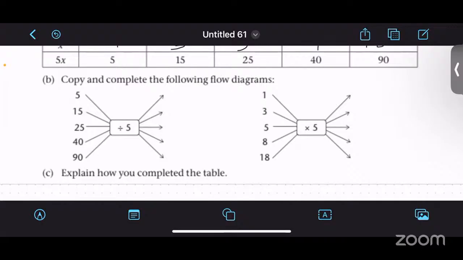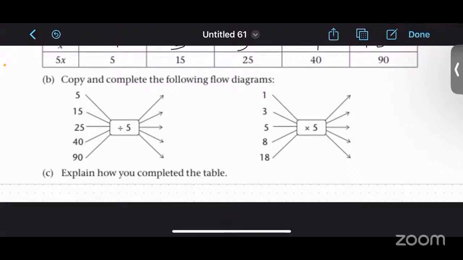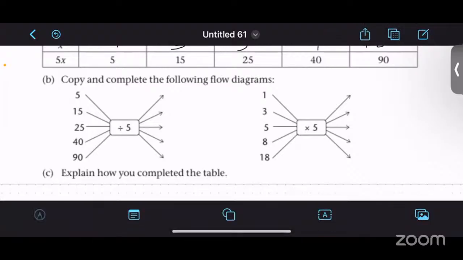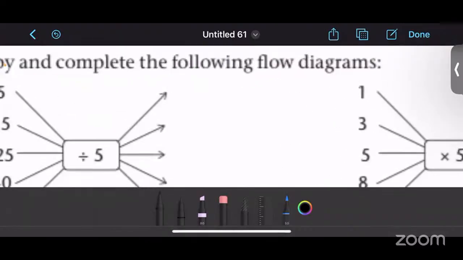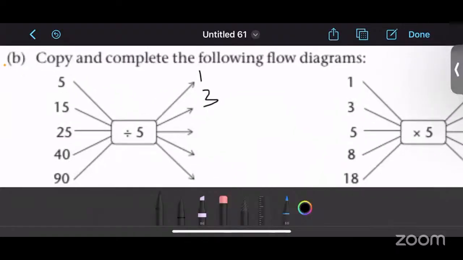5 divided by 5 equals 1. Perfect. 5 divided by 5 is equal to 1. Okay. And then for the second one, when our input is equal to 15, 3. is equal to 1, and then you said 3. And then 25 divided by 5,